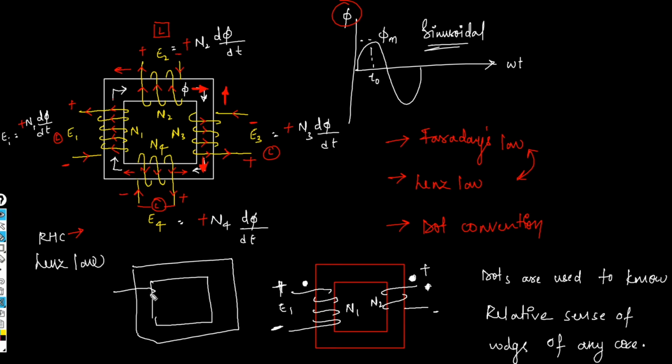Like another winding I have in this way. This is minus and this is plus. I have a dot here, and another winding I have here. I have a dot here. Here the dot means again the minus sign will come here, because in the first winding the dot has been used for the minus sign. So here also you need to take the minus sign. This is only a simple example.